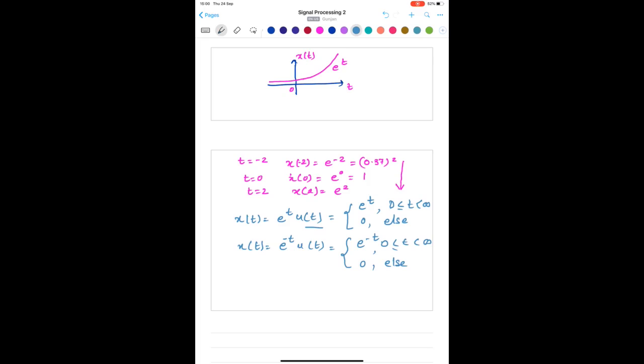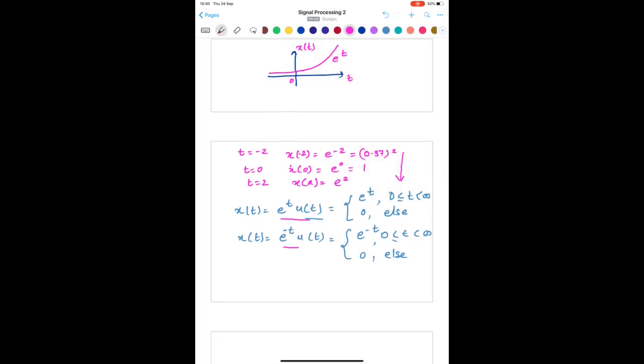Clearly we can say that this is an increasing function of t, and this is a decreasing function of t. What it means is that if I plot them,